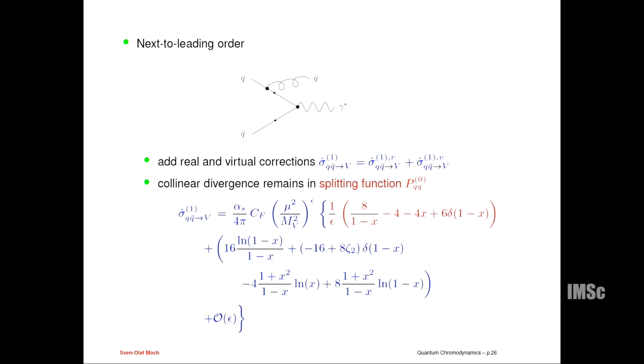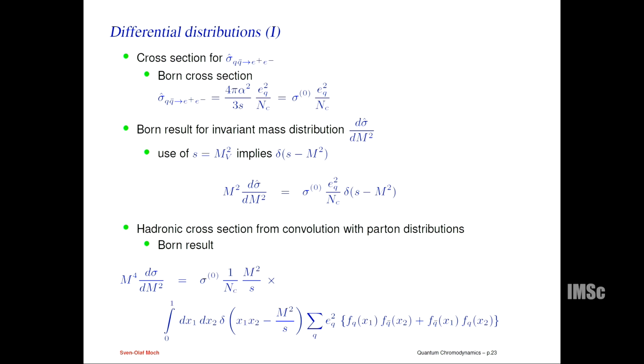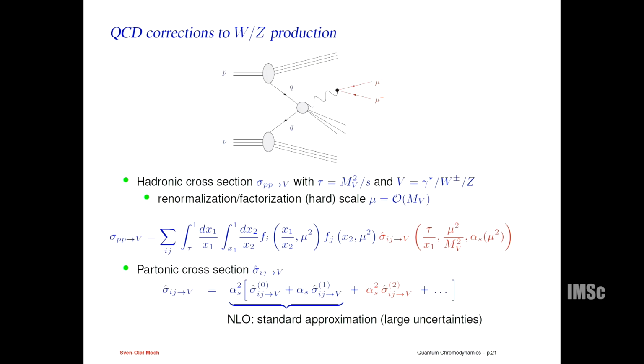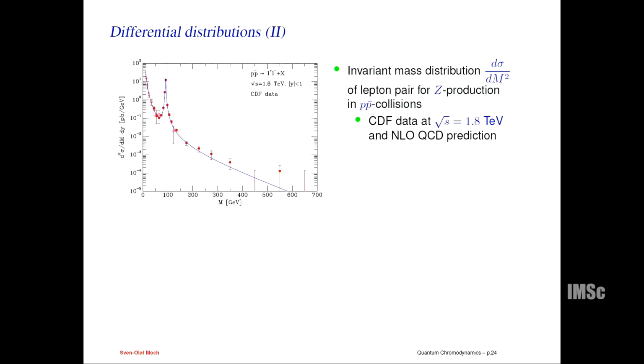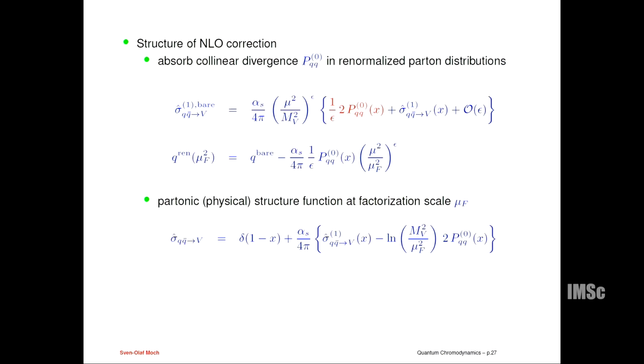But now in the Drell-Yan case, we have 2 parton distributions parameterizing the 2 incoming partons, so having a quark and an anti-quark, which are both